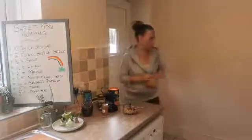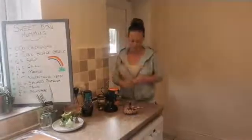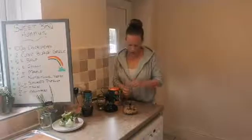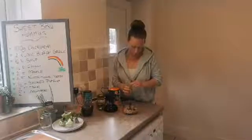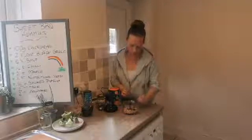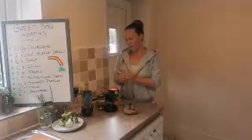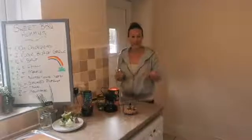I'm going to pop them out of the way once I've done it. Smoked paprika, chili, we're going to go for a quarter. Like I said, it doesn't matter with me because I absolutely love spice. It also depends what you're going to put with this. We had it with some crackers and